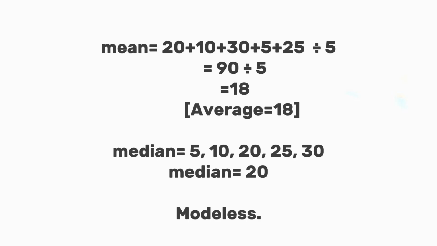The next thing we can deduce from this data using descriptive statistics is the median. We can get the median of this. Median is simply the middle value when arranged in ascending or descending order. So we'll have to arrange this first. Let's arrange it in ascending order. The lowest here is 5, next is 10,